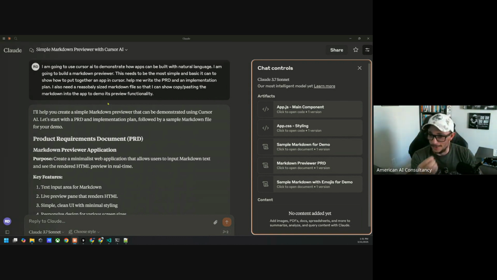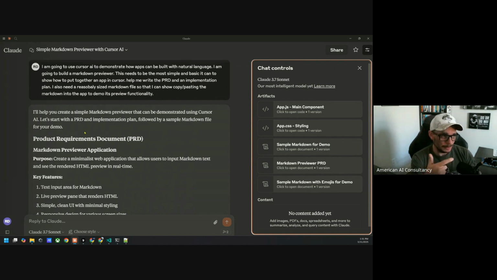But what I actually need is you to help me flesh this out, right? You can take your 2, 3, 4 line prompt and put it in Cursor, and it will give you something, but it won't be great. You'll spend a lot of hours tweaking it to get it to where you want to be at the start. So the first thing you need to do is have Claude help you write a PRD, a product requirement